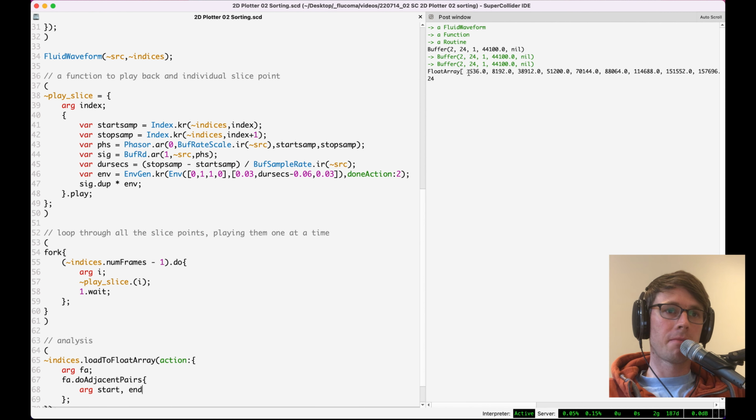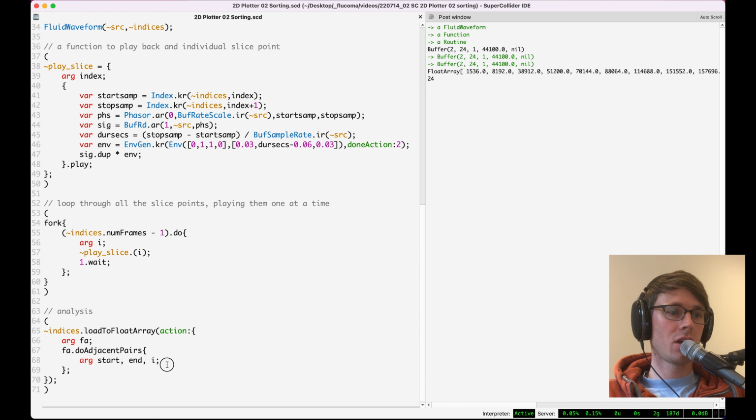So it's going to give me this one and this one as the two arguments that it passes into this function first. And then the next thing it passes into this function will be this value and this value. And then the next one will be this value and this value. So each time it runs this function, it's giving me the next pair of adjacent values. Then it also can give me a counter that I'll just call i here so that I know which slice I'm analyzing. Let's just print that